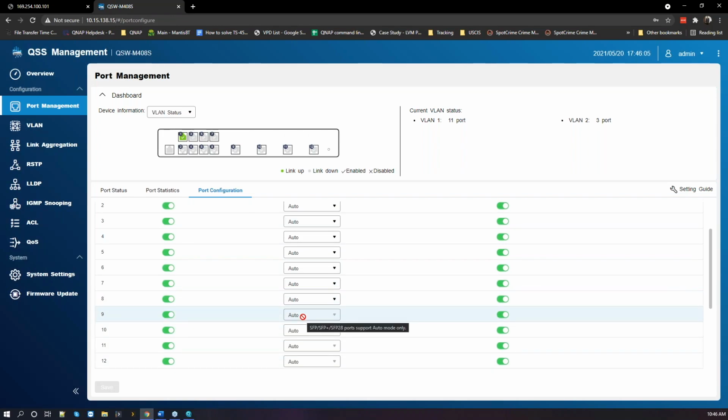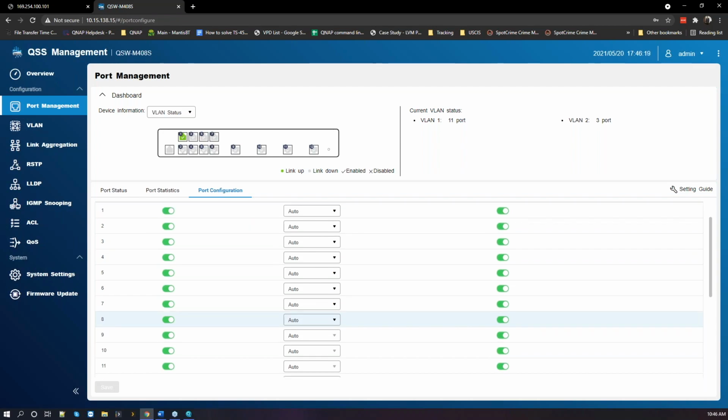They have 10 gigabit per second ports only. They do not negotiate down to any other speeds. But if you do have a switch that has a 10 GB port, then you can actually change the 10 GB port to be either a 1 gigabit port or lower as well. But again, setting it to auto negotiation, the QNAP will work with the device to get you the best speeds